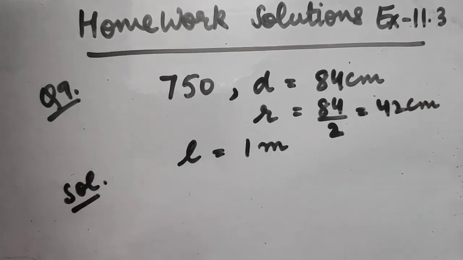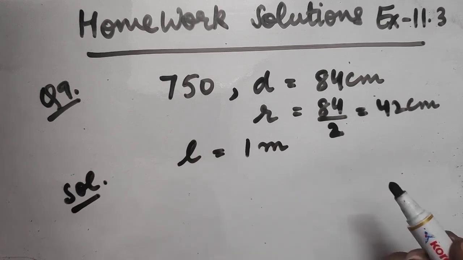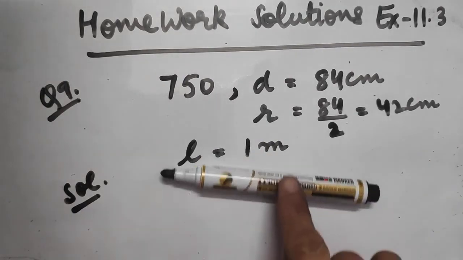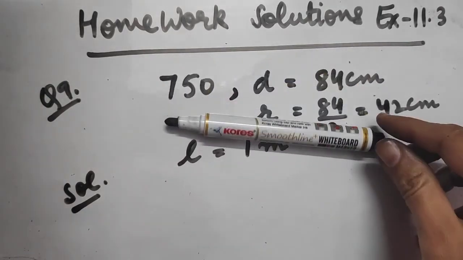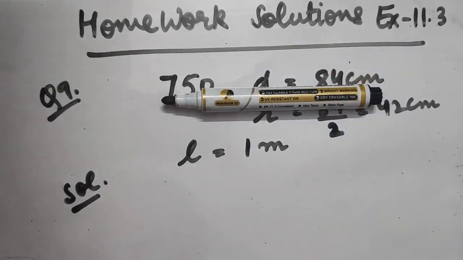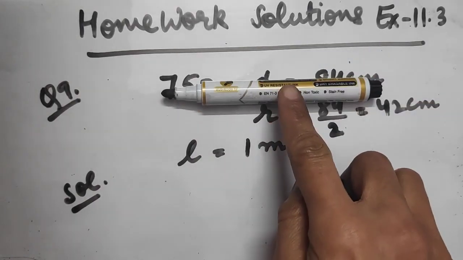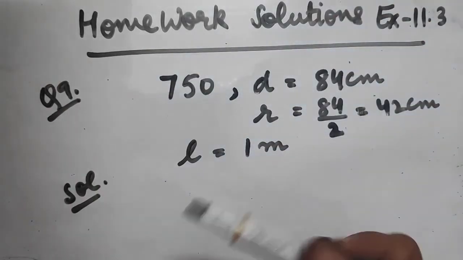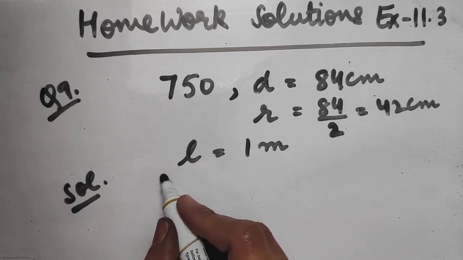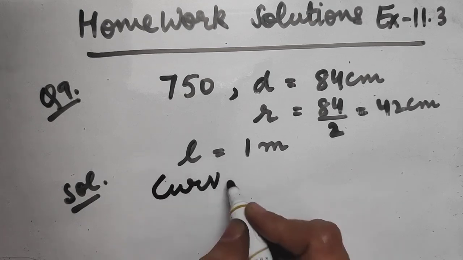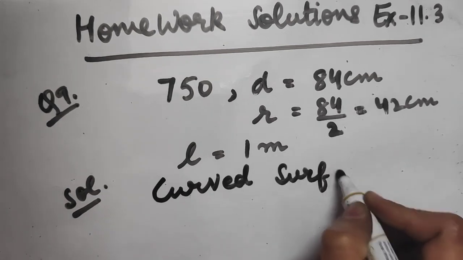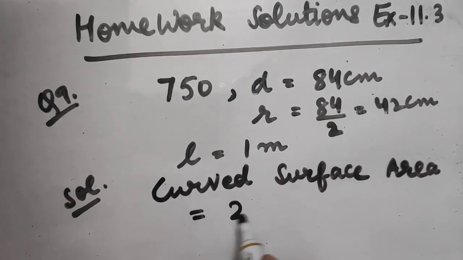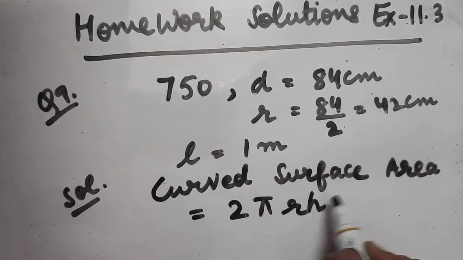Now for this question also I am giving you the hint so that you do not face any problem in solving this question. Dear children, you can consider this as a road roller. If this will move on the ground, you will find that the lateral surface area of this road roller will be in touch with the road. So here also in this question, we are supposed to find the lateral surface or curved surface area of the cylinder, that is equal to 2 pi RH.